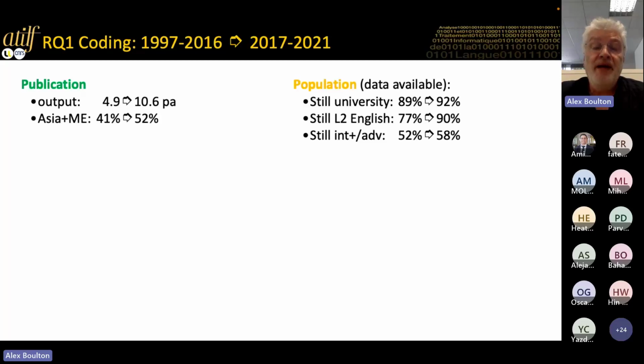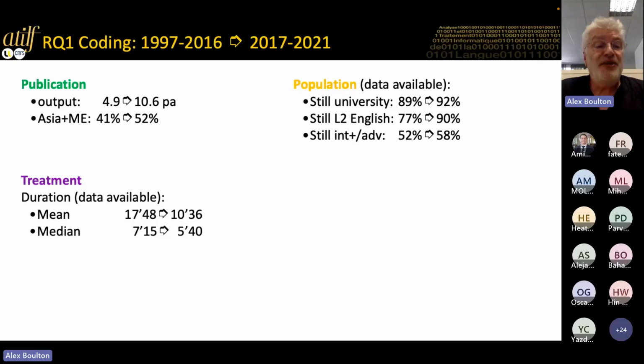So why? Well, maybe that's where researchers work, and those are the students that they have. Maybe we just don't have enough contact with teachers and other types of institution or other languages. Or maybe because DDL only works there, but if we don't research it, we won't know. So I'd love to see lots of studies outside university, for other languages, and at different levels of ability.